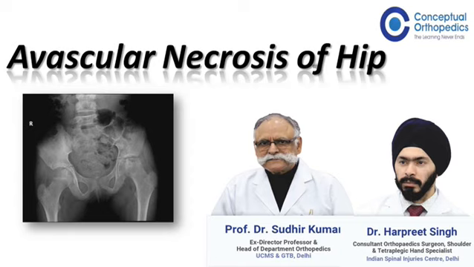To my mind, it is good enough, but there are some people who are interested in knowing about the Steinberg classification also, but the most practical remains the Ficat-Arlet. So you should know this Ficat-Arlet by heart. Even if someone wakes you up from sleep, you should be able to spell it out. And Steinberg, for others, you should remember this also, but these 2 should suffice. How will you plan your treatment? We already talked about this. It depends upon the stage of the disease. So if it's later stages, you're planning to do a replacement. In earlier stages, you're trying to preserve or salvage the head.